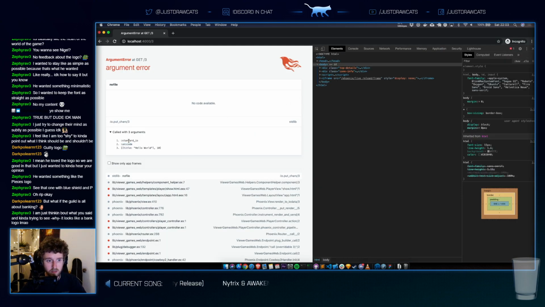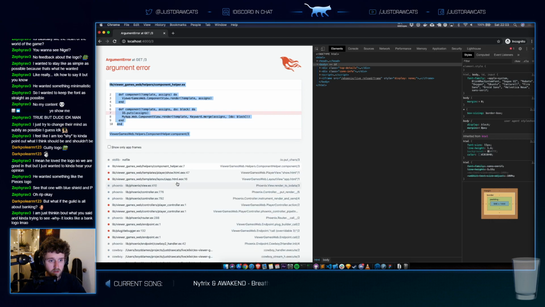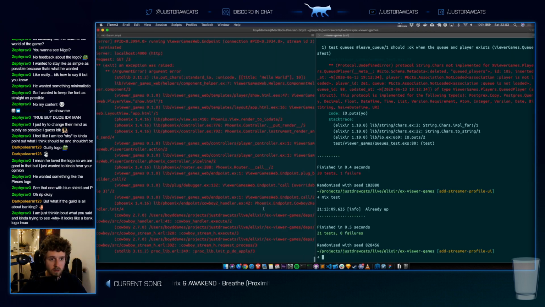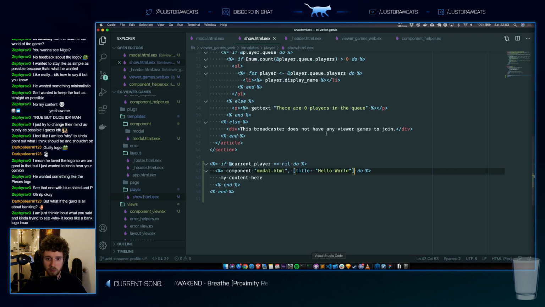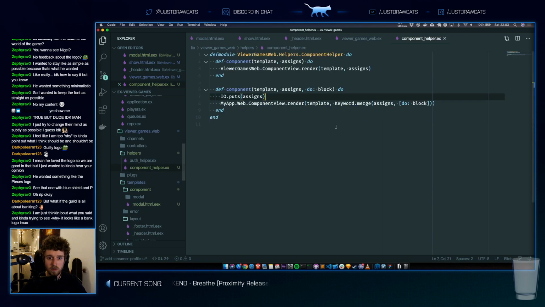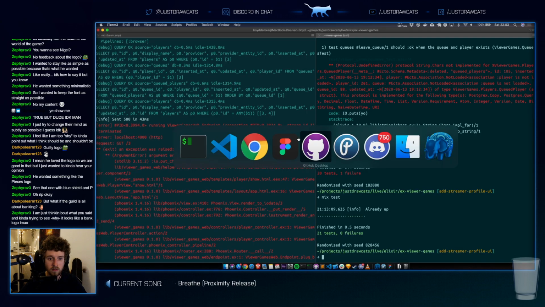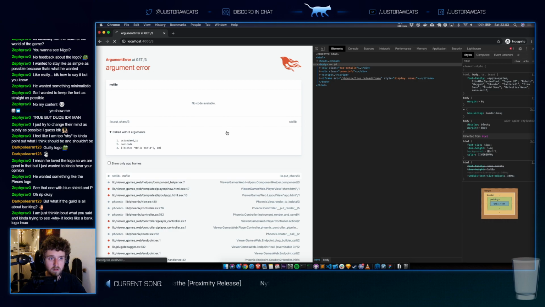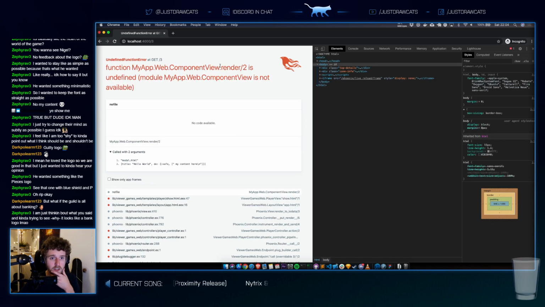Argument error. So because of puts? Let's see. Render 2 is undefined. Component view is not available.